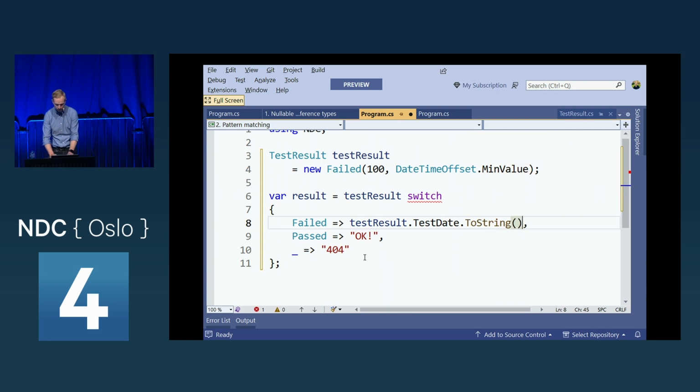Let's do toString. But if I do this and set it to an object, test date doesn't exist on the object. Makes sense, right? So instead, to get around that, I can say that, well, if it's a test result, I can use this as a local variable inside that switch instead, or inside that expression.